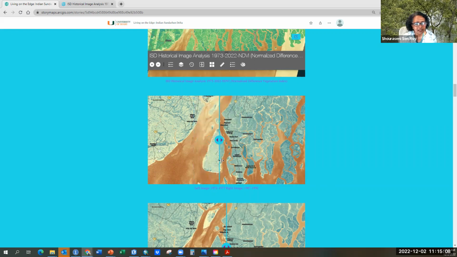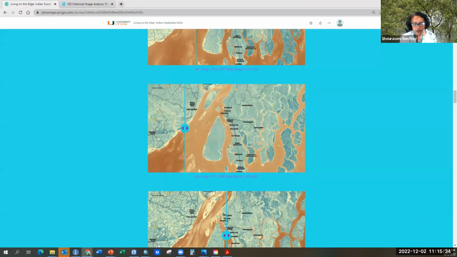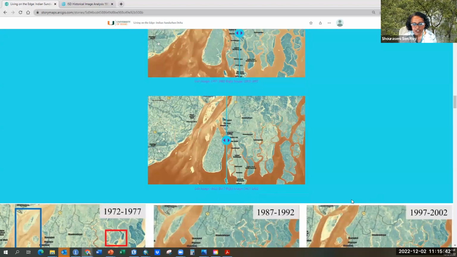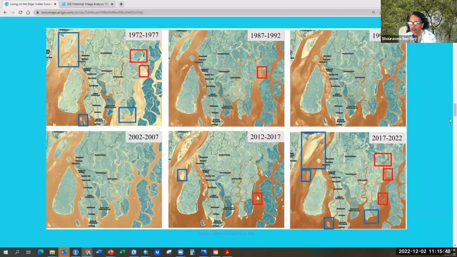It's not always that the islands have been shrinking in size or losing coastline. In this particular period, you may see that there are actually more islands in this region than before. And even out here, this particular island has also grown in size in 87 to 92. We can keep going. You can see that the islands between Sagar and the other islands in this section have changed. Let me go down to this section, which shows it better.